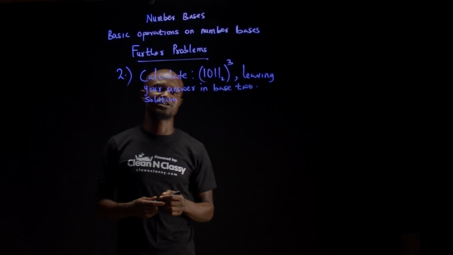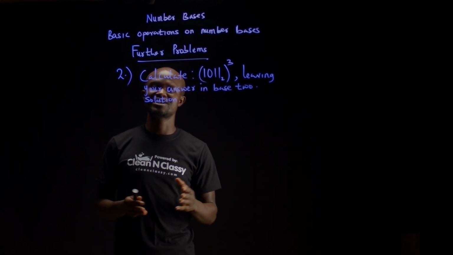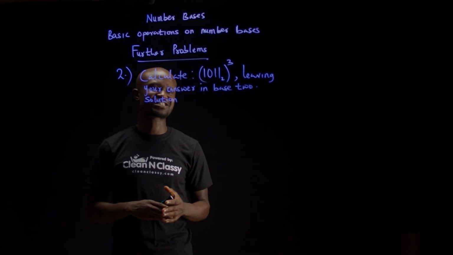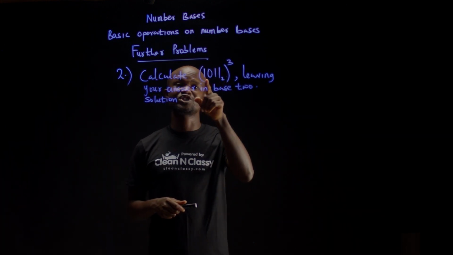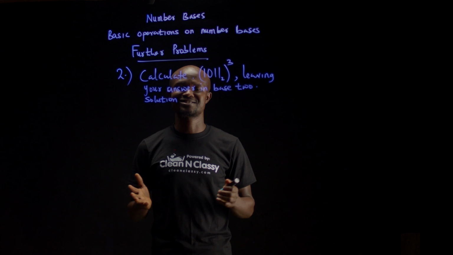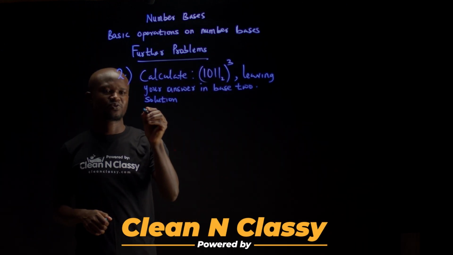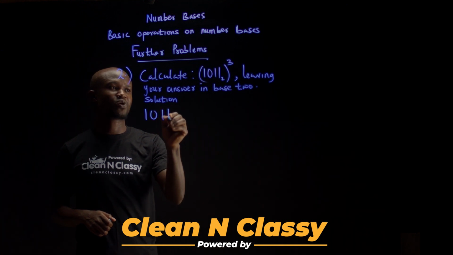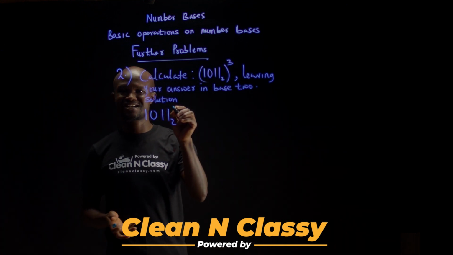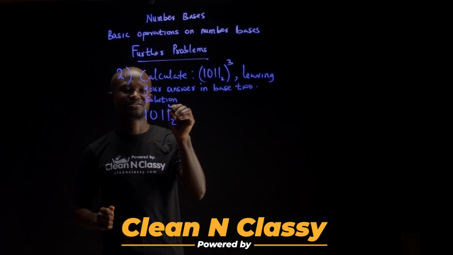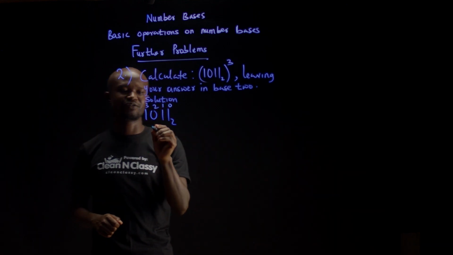For this question, I'm going to use the second method. The second method is based on converting the main number, which is 1011 base 2, to base 10 first. So we are going to convert 1011 base 2 to base 10. How do we do that? Assigning values from the back, that's the first thing: 0, 1, 2, 3. Now this will give us,